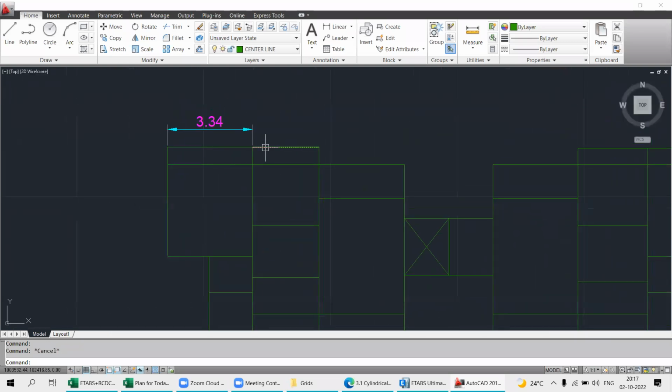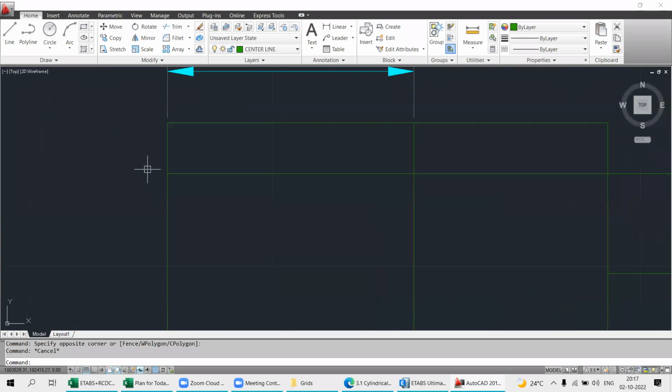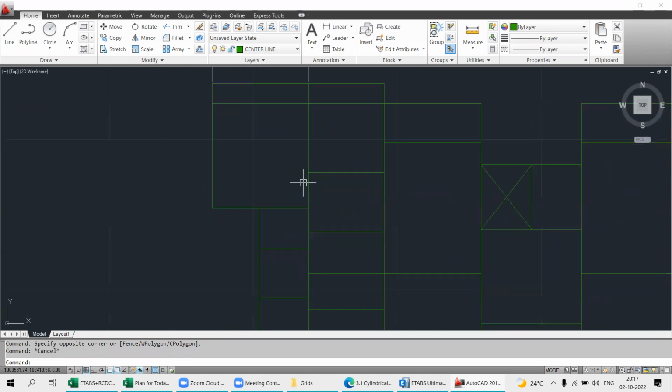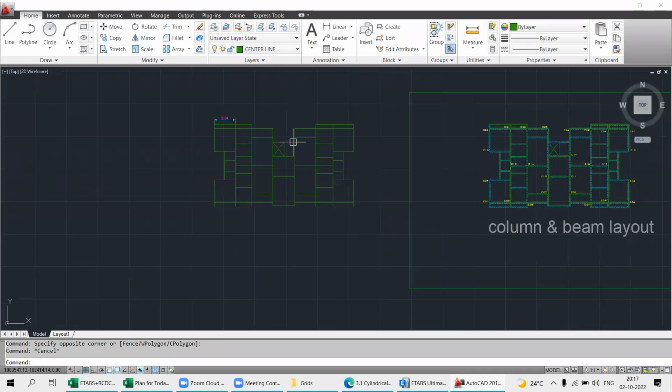Like suppose I want to break my line here at this point. But see, here it is right. I want to break my line here. But by mistake, what we are doing? We are taking this continuous. And while taking the correct alignment of the line, we are making the mistake. So if you are making the mistake in CAD,